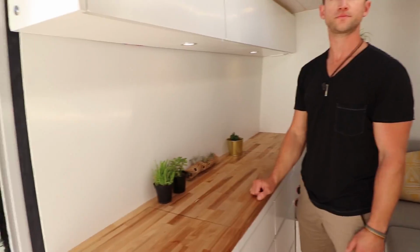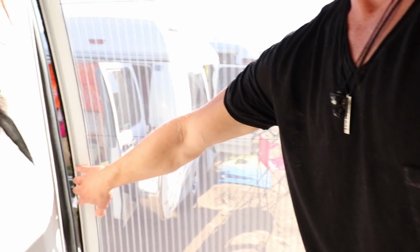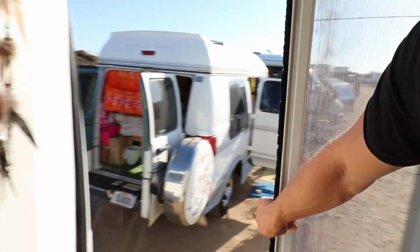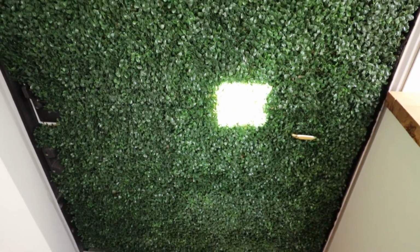And you said you have a screen right here? Sliding screen door. It's the same mesh as the skylight. And then we've got a little grass wall here, just to kind of hide all the automotive stuff, so you can't really tell there's a...